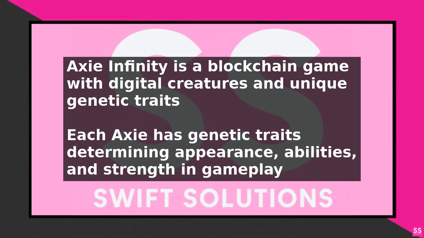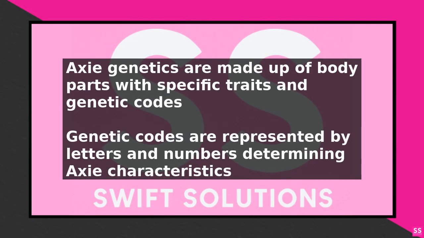Each Axie has unique genetic traits that determine its appearance, abilities, and strength. To start, it is essential to understand the different parts of an Axie's genetics. An Axie's genetics are made up of its body parts, including eyes, ears, mouth, horn, back, and tail. Each body part has a specific trait and a corresponding genetic code. The genetic code is represented by a series of letters and numbers that determine the Axie's